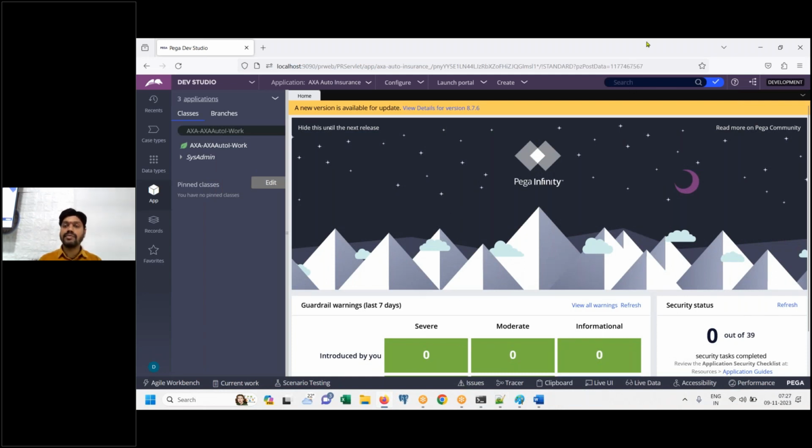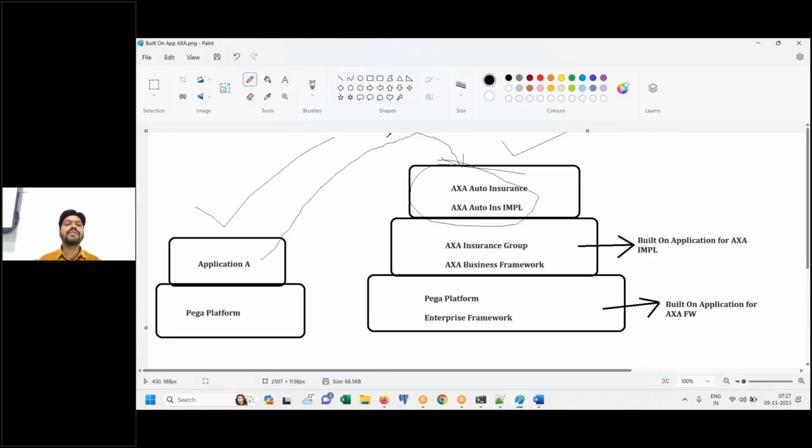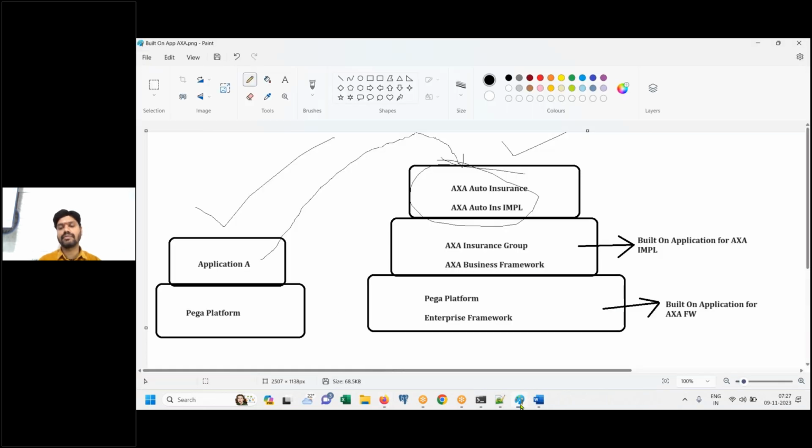Sir, one question. Yes, please. Sir, in the last example, the application A is also an implementation application. That's what I told you, you can use one implementation application. You don't have to bother about what type of application. First, tell me the solution. That's it. You'll think about all these things later. You understand this concept or not? Don't think too much about the types of application. This is very simple. You need to fully focus here. I already told you 2 times.